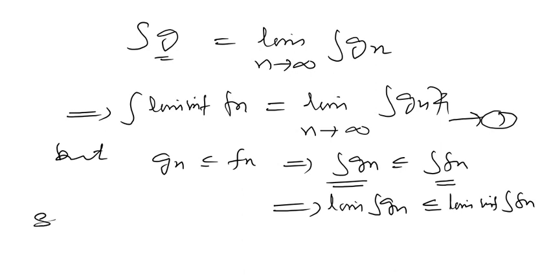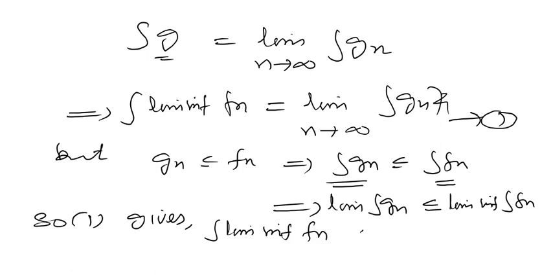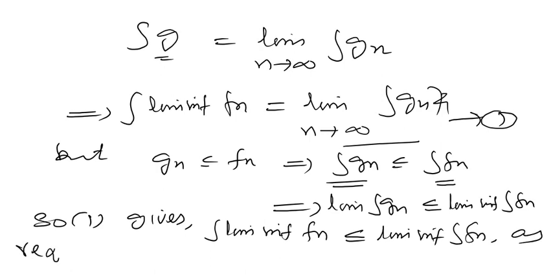So 1 gives the integral of limit inferior of fn is equal to the limit of this integral, but the limit of the integral is less or equal to the limit inferior of the integral of fn, as required. So this was Fatou's lemma. So now in the next step we have the Lebesgue dominated